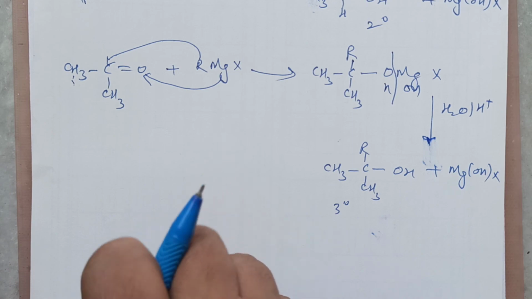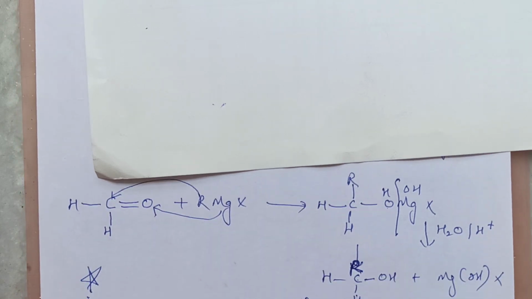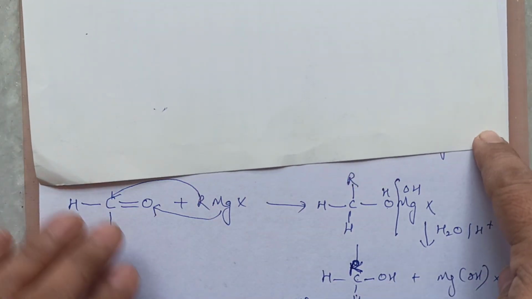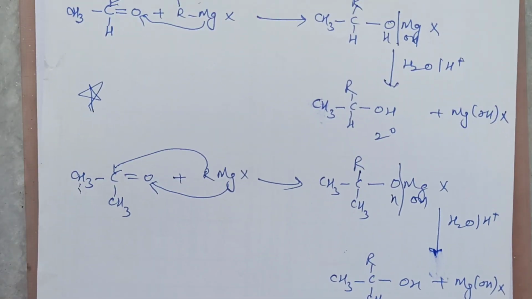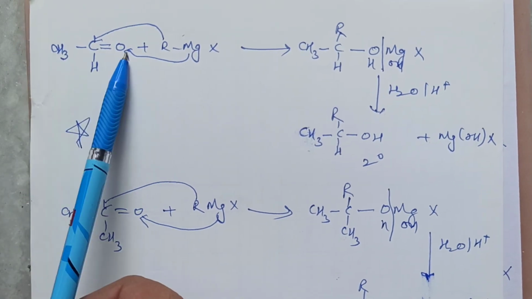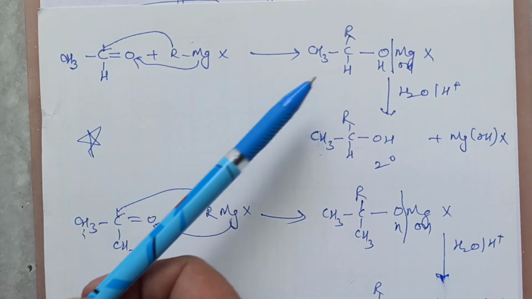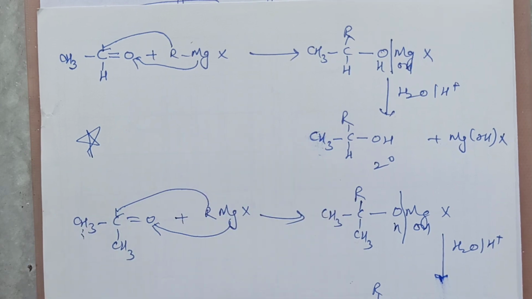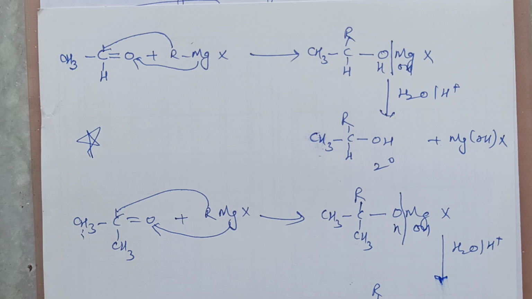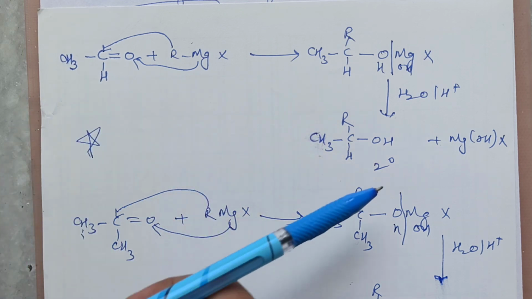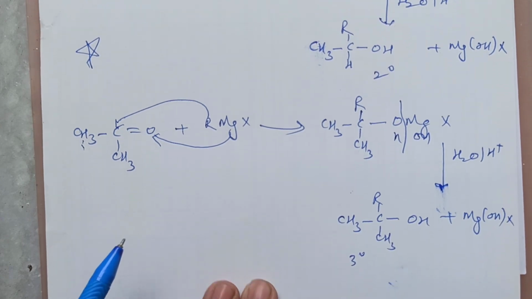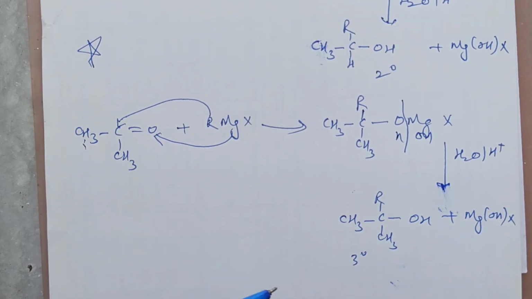Okay, this will be very important for reactions. Again and again I'm telling what we said. If we are using formaldehyde and Grignard reagent, you are getting 1 degree alcohol. If we are using any other aldehyde, say acetaldehyde, and Grignard reagent, you are getting a greater number of carbon atoms. If it was just reduction in the presence of LiAlH4 or catalytic hydrogenation, you are getting the same number. With this R, you are adding on the carbon atom. So if you are using any other aldehyde, you will get 2 degree alcohol. If you are using ketone and Grignard reagent, you are getting 3 degree alcohol.